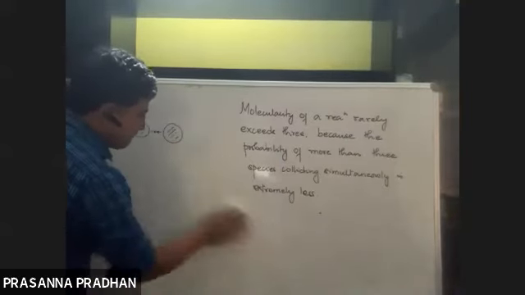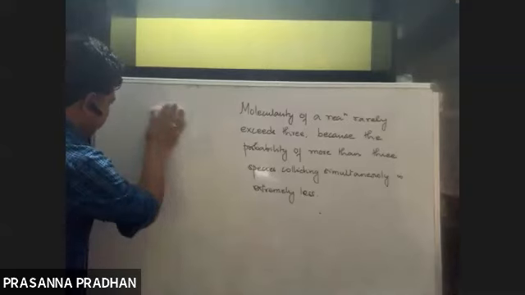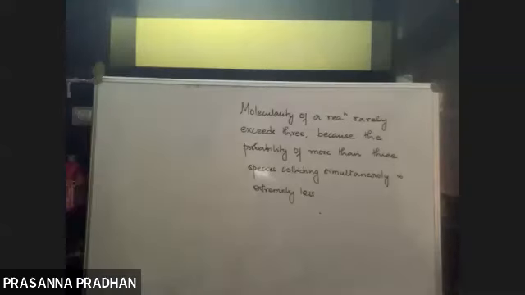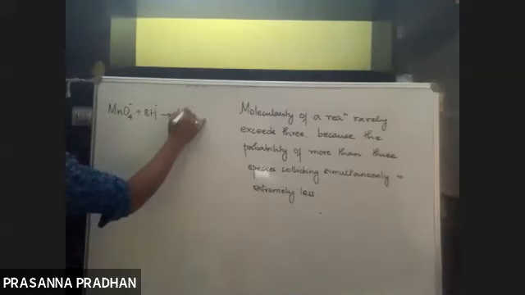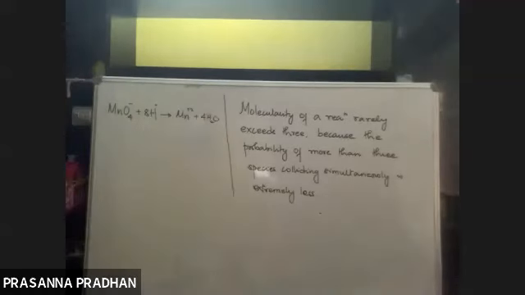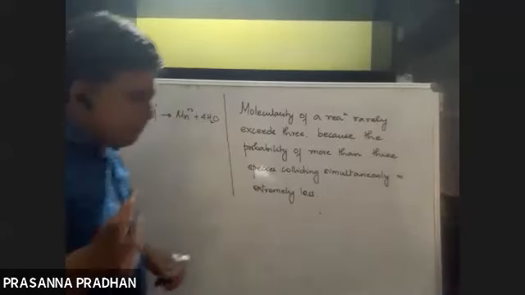Having said this, I'm just going to discuss one equation with you all, which we have done in class 11, redox reaction. So the equation goes like this: MnO4 negative, in ionic form, plus 8H positive, plus electrons, gives us Mn dipositive plus 4 water. So this is an ionic reaction. It takes place very readily. KMnO4 in acidic medium. This reaction occurs readily.